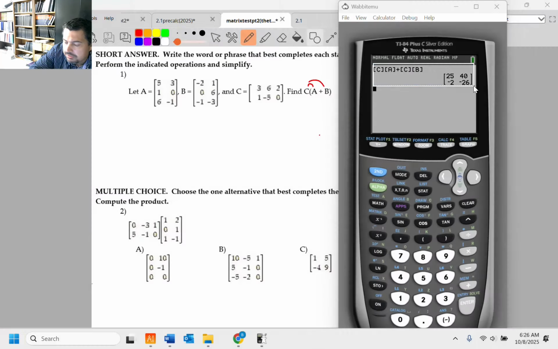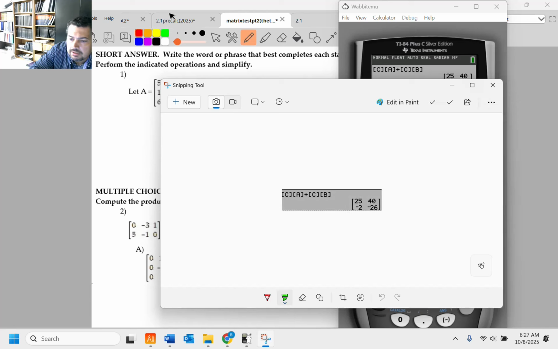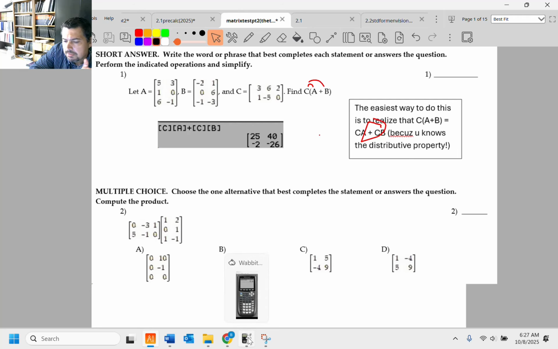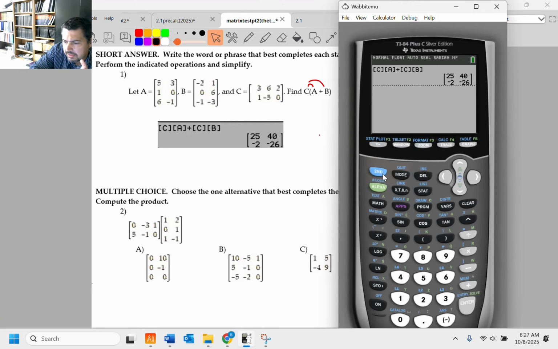Read, kids. I told you exactly how to do it. I don't know what else I can do for you here. That's the answer, kids. All right. Number 2, much to my surprise, was vastly missed because of the same thing. You changed order. Order is a big deal in matrices. You cannot change order. These are not numbers per se. They are arrangements or storage of data, which usually is numbers. Anyways,